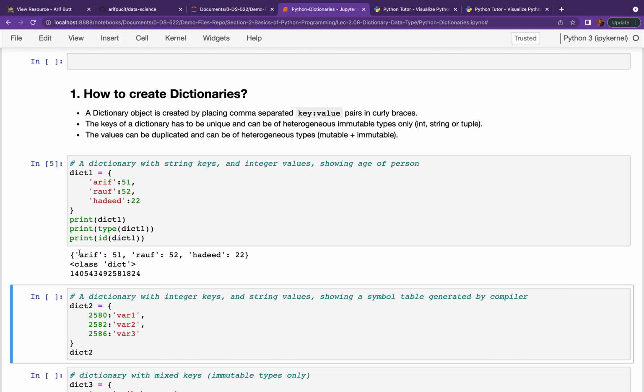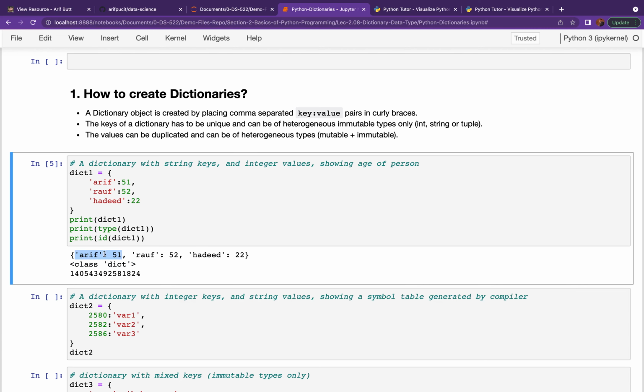You can see it has a key value pair containing name Arif and maybe his marks 51, the name Rauf and the marks, the name Hadid and the marks. So these are the three key value pairs inside this dictionary named Dict1, and the type of the dictionary is this, and of course its ID is this. I hope the basic concept of creating a dictionary is clear to you.